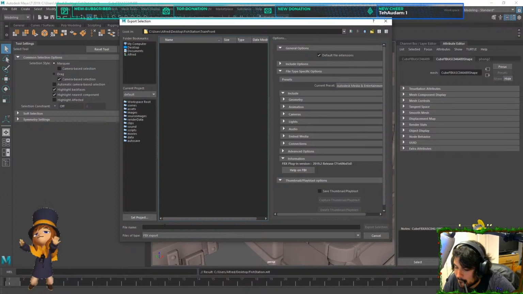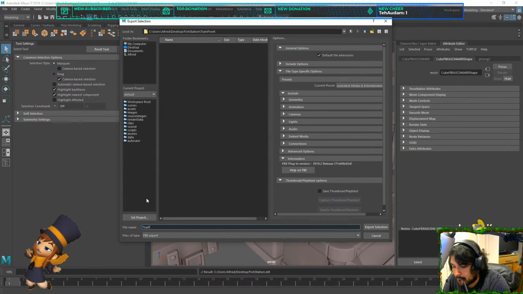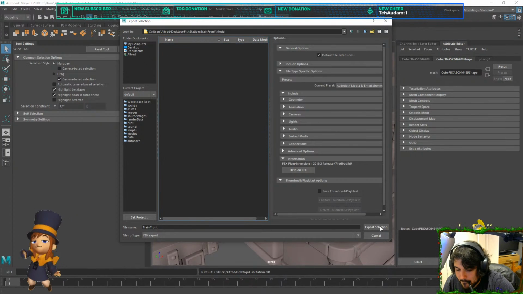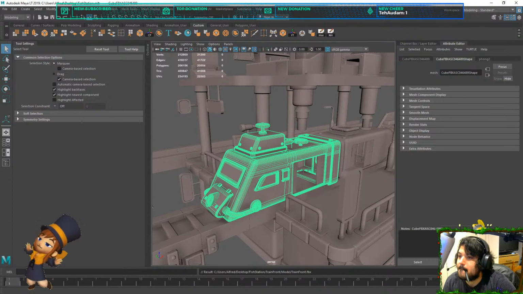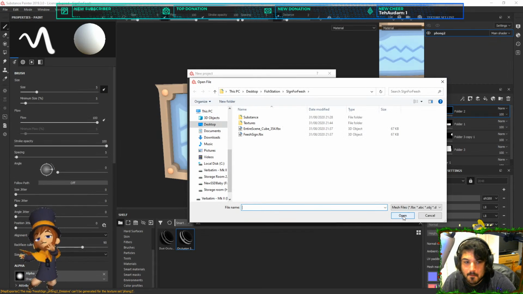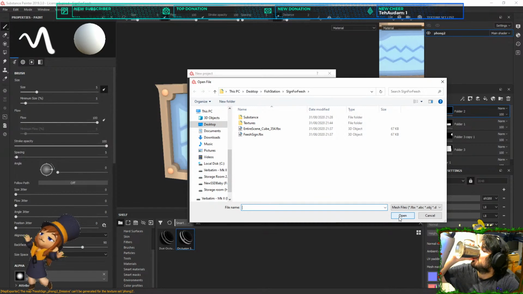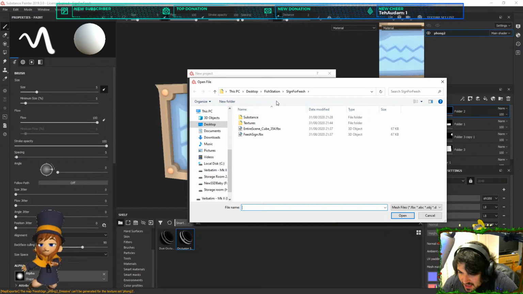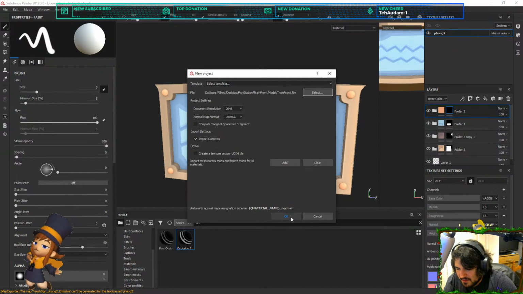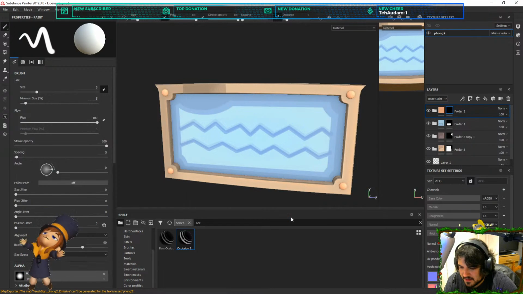From Substance. I don't got any water. Why is this so weird?